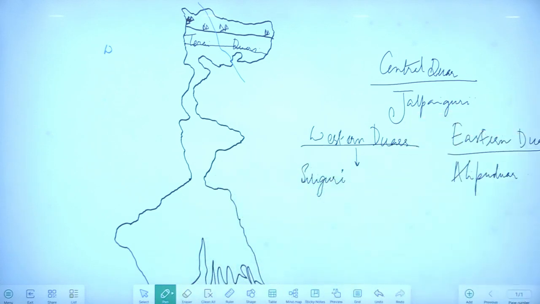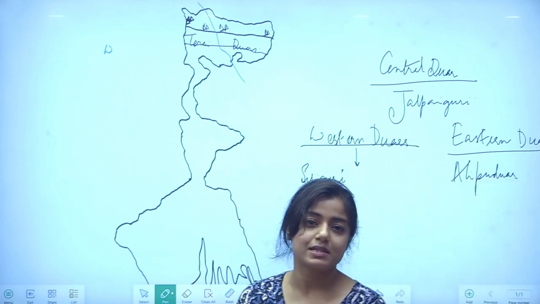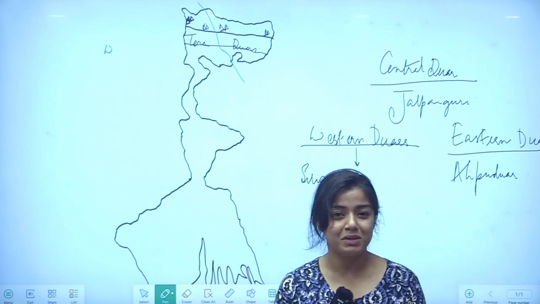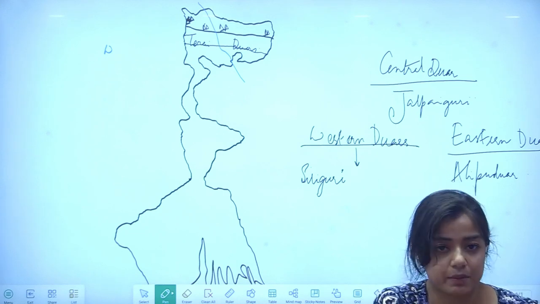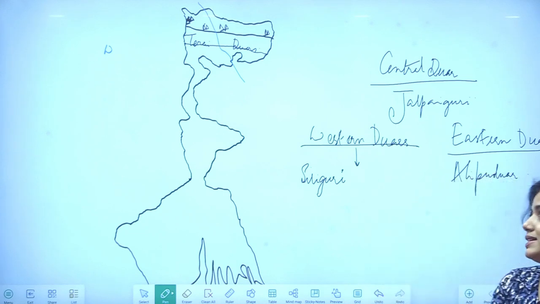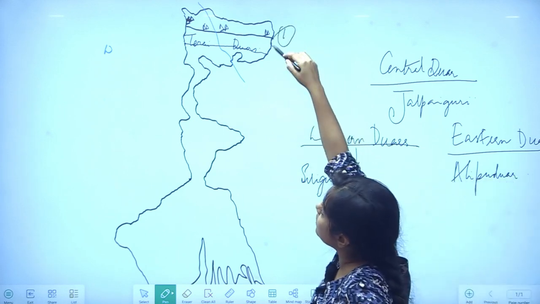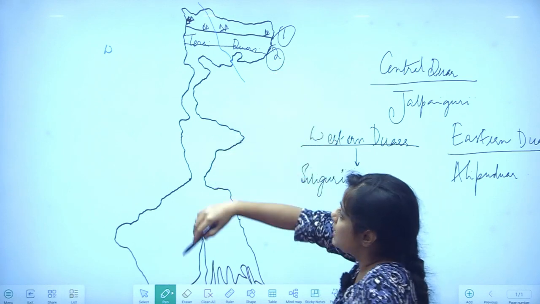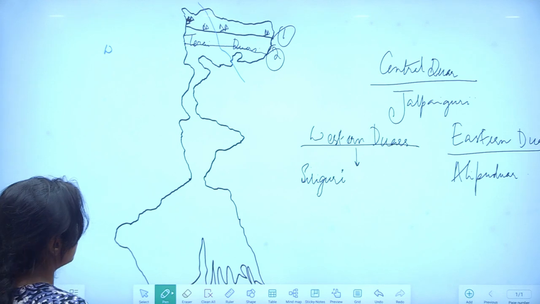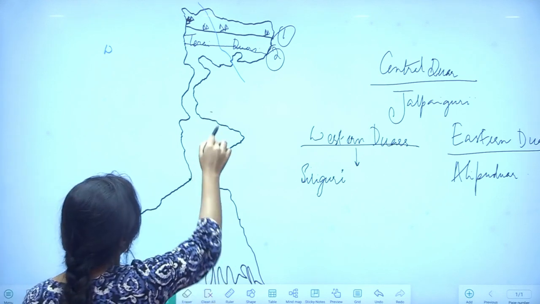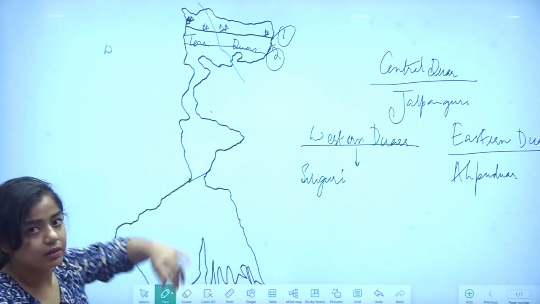Now we move on, and obviously one more very important question comes here is what does Terai literally mean? So the literal meaning of Terai is marshy land. So these are the questions that generally comes. So here we covered the number 1 physiographic division, number 2 physiographic division. Now we go to the third physiographic division, which is the northern Bengal plains, which is from here to here,